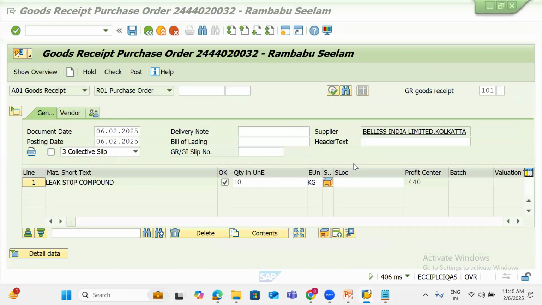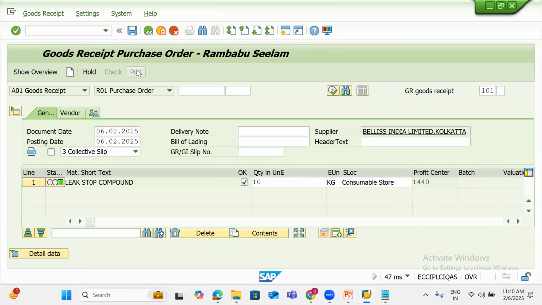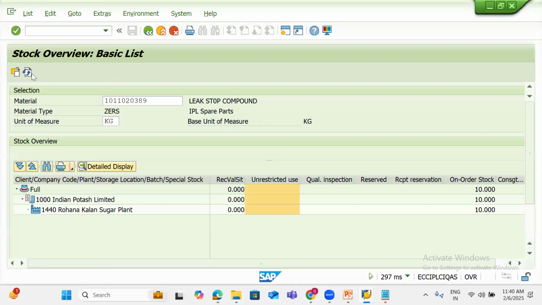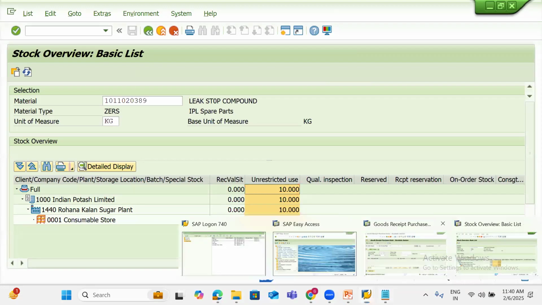Check, post. If you refresh, stock has come, right? Stock received, right? Now, once stock is received,